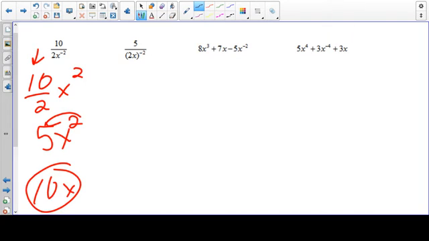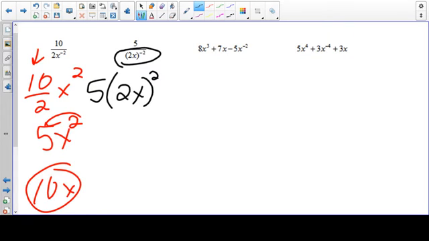This next one, parentheses again. So I can't do anything until I get rid of the parentheses. And I can't distribute a negative exponent. I can only distribute exponents that are positive. So in order to make it positive, since he's downstairs, he's got to come up. So I have 5 times 2x quantity squared. Again, I can't do anything till I simplify this, so let's go ahead and simplify it. So I have 5 times 2 squared, which ends up being 4. I'm just going to go ahead and change that to 4x